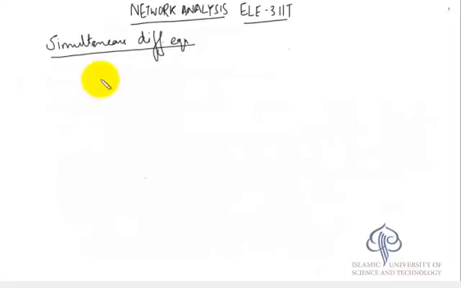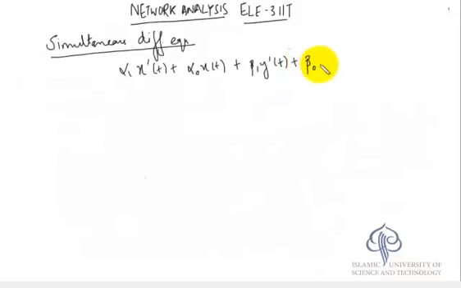For example, you have two variables x and y, and you write alpha 1 x dash t plus alpha 0 x(t) plus beta 1 y dash t plus beta 0 y(t) is equal to 0,